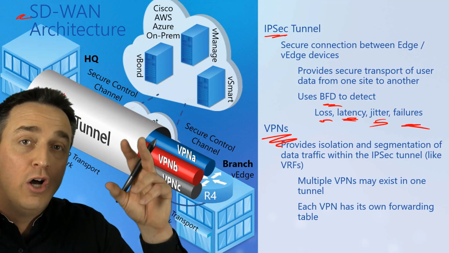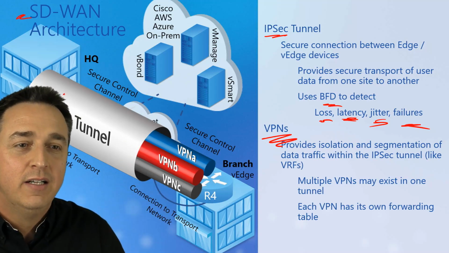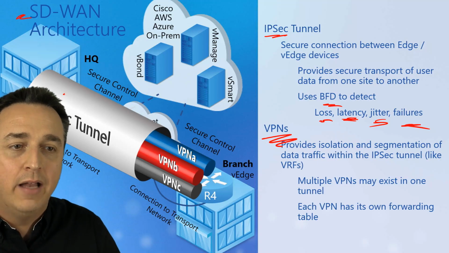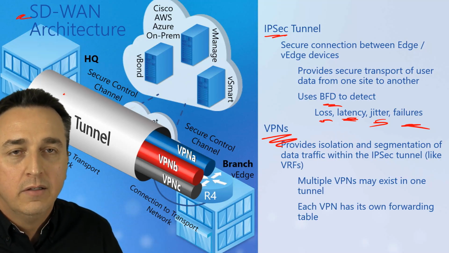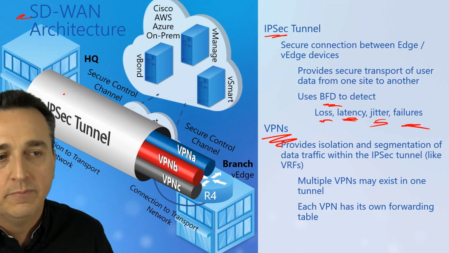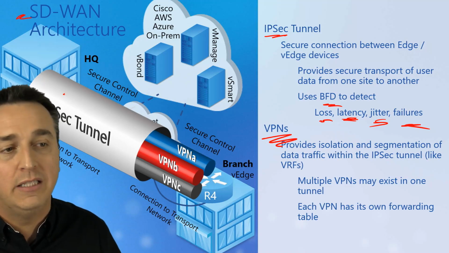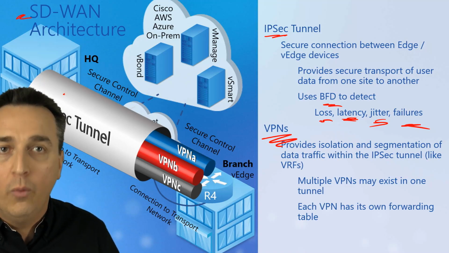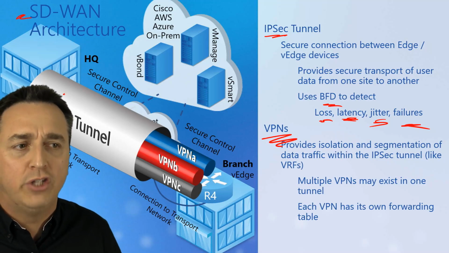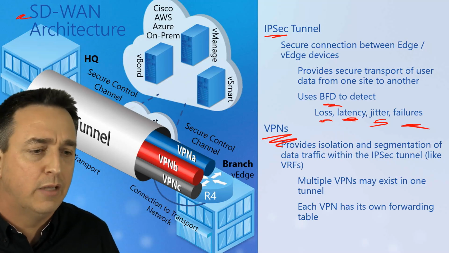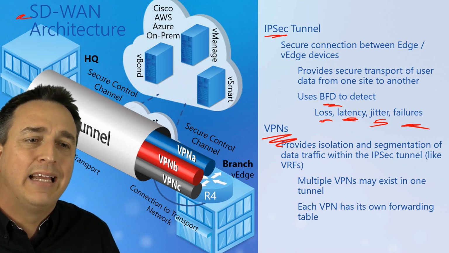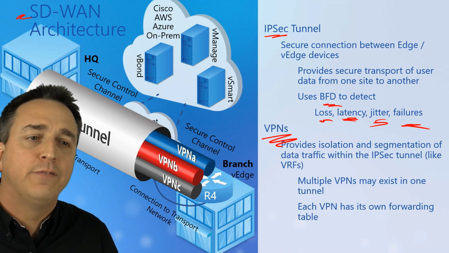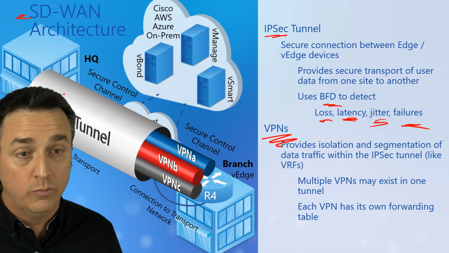So we have what are called sub-interfaces associated with each VPN for this IPsec tunnel. And then we'll have to label each of these VPNs through OMP route attributes is how you say that. That way we can do the proper packet encapsulation, which identifies the VPN a packet belongs to.